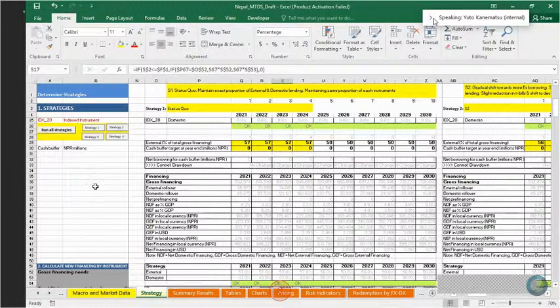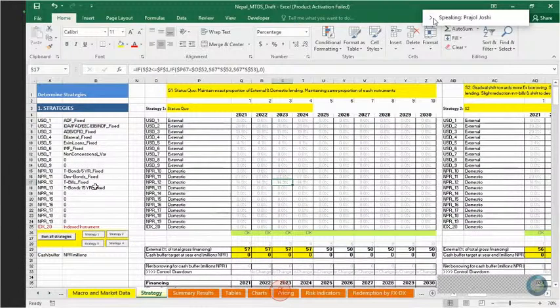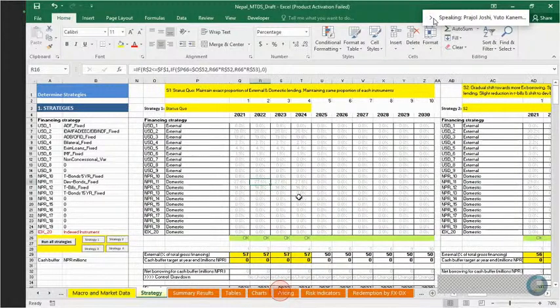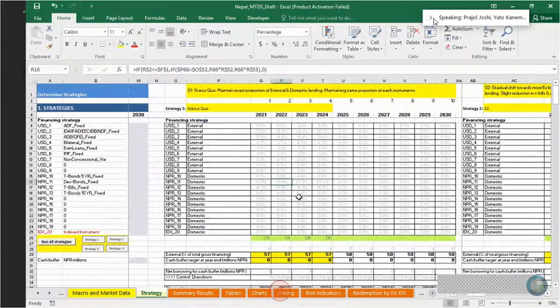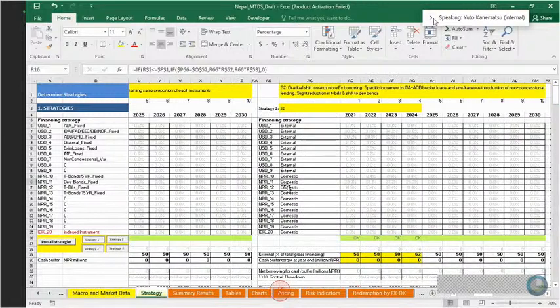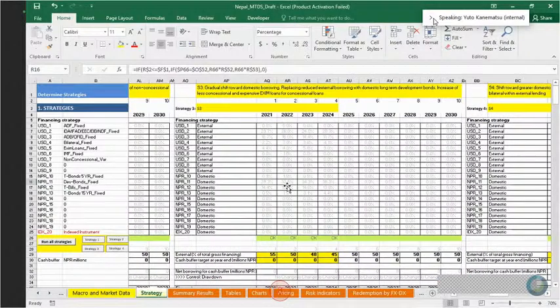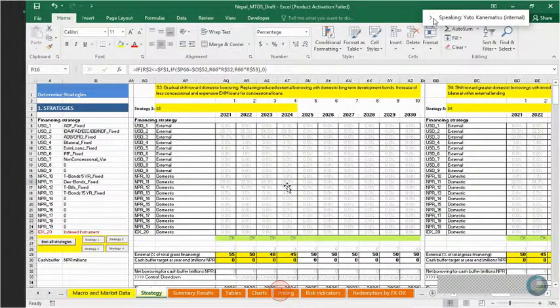So my feeling is that you may need to adjust the allocation among the domestic instruments, to make the redemption smoother, or a more natural increase on the domestic side. You may make some adjustment, probably in strategies 2, 3, 4. That is another comment from my end. Yes, okay, thank you for the comment. I'll check this and I'll correct it for sure.